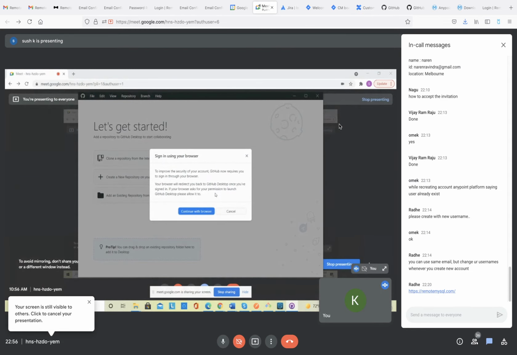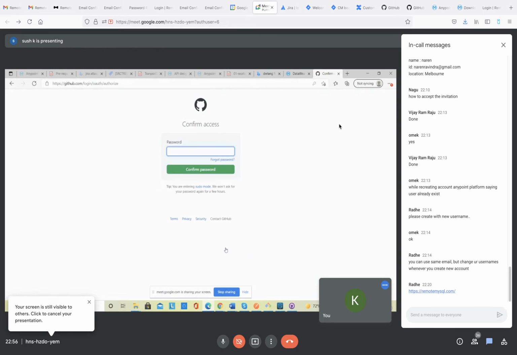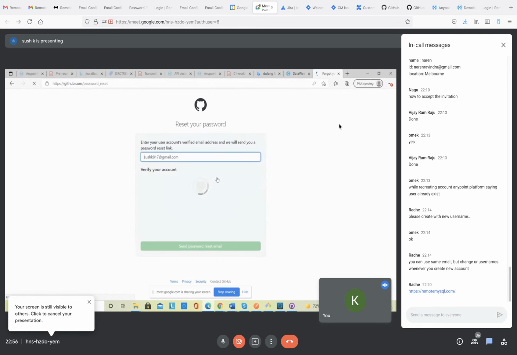Yeah, continue. Yes, correct. Okay, select that authorized desktop. Enter your password. Incorrect password. Then do forgot password. It's not correct, that's why it's giving error.